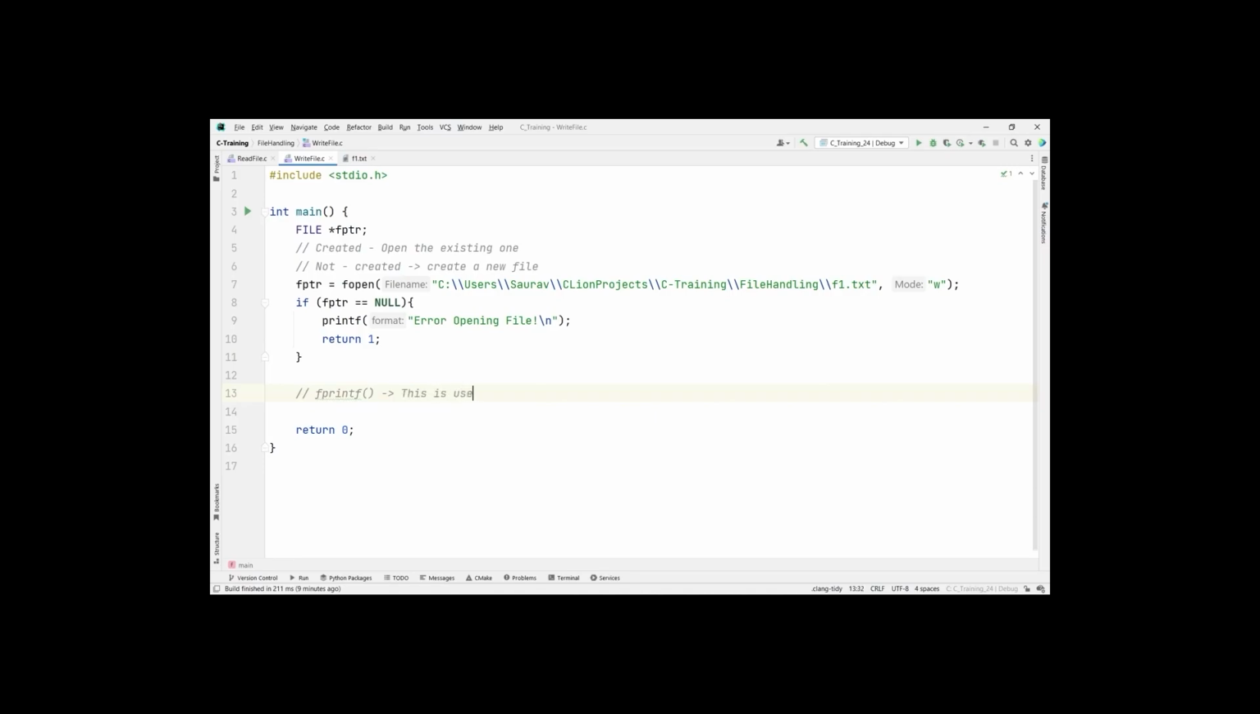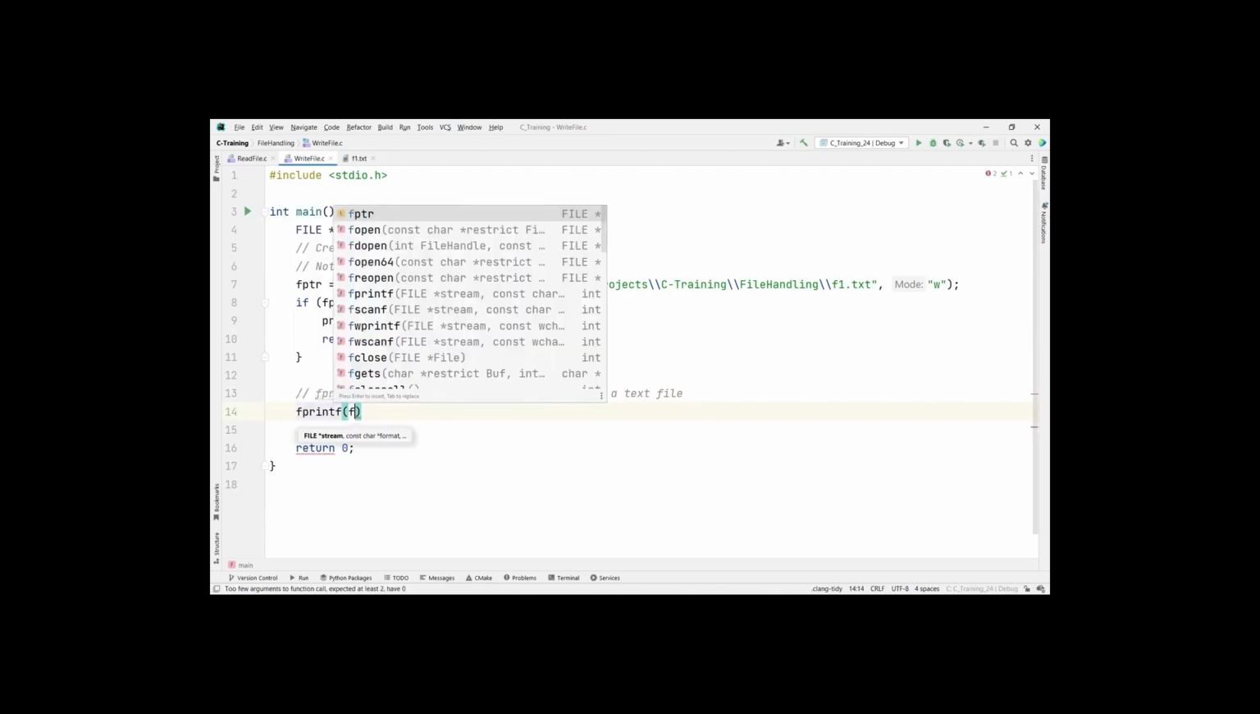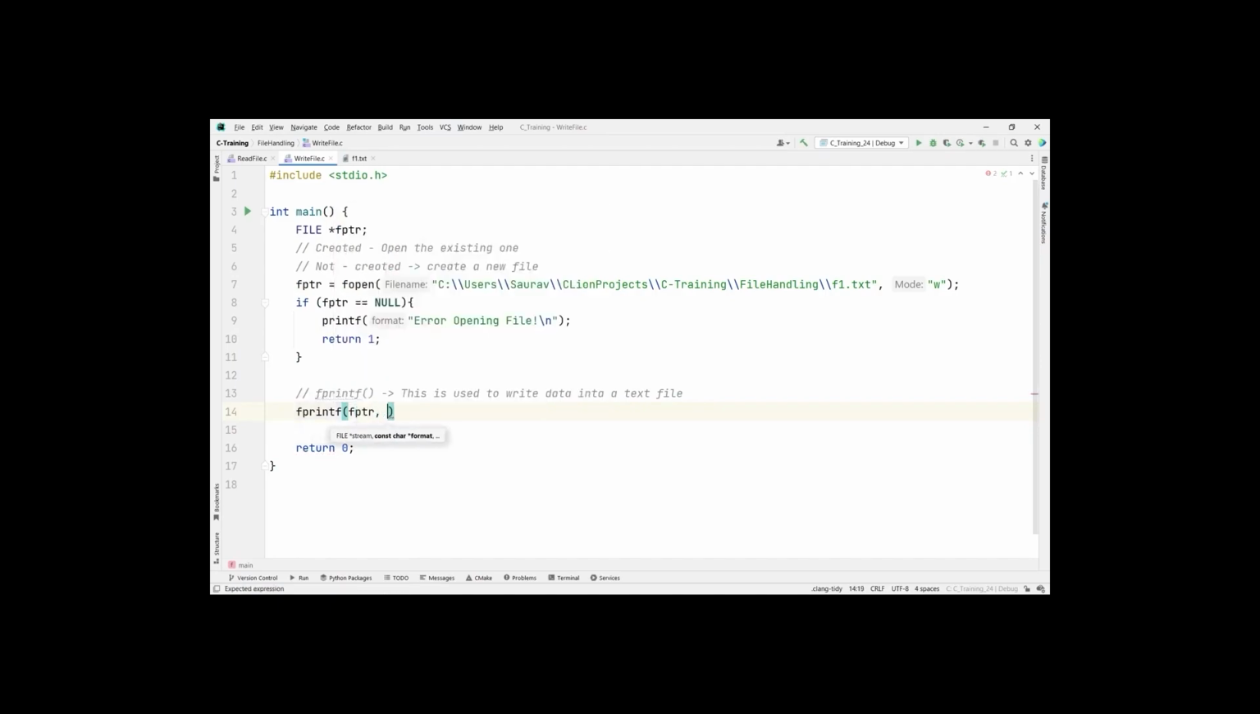This is used to write data into a text file. Now I will just use fprintf, you can see here, and first of all it takes the file, and then you can write in double quotes whatever you want to write. So I'm just writing hello file handling in C programming is interesting,